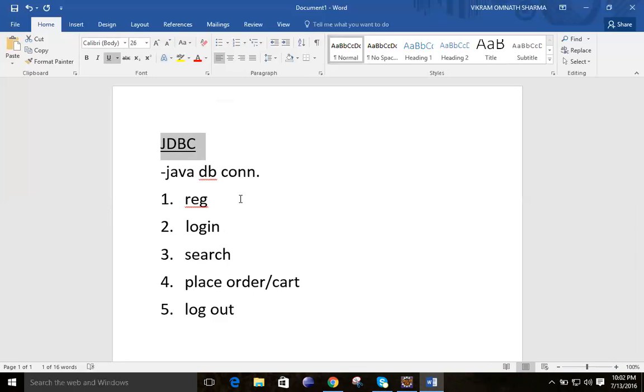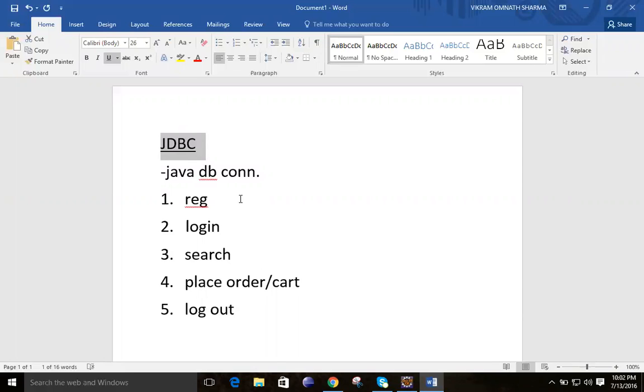What is the meaning of this? Suppose we have written one normal program in Java, and we want to connect that Java program to the database. In your system, there may be a chance that some database is installed, or if not, you can install it. Any database we can make use of in our JDBC concept.